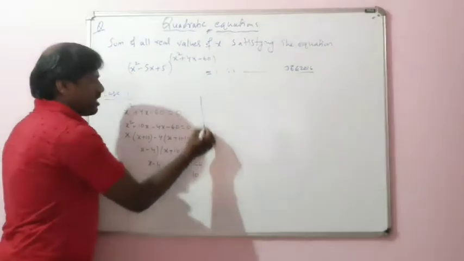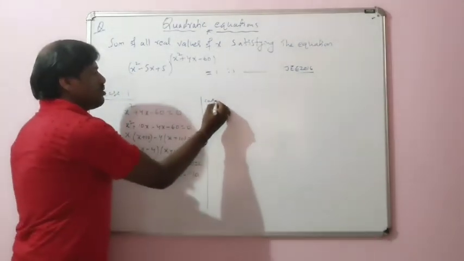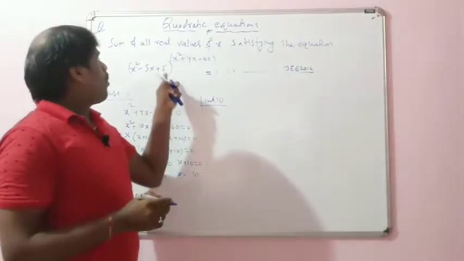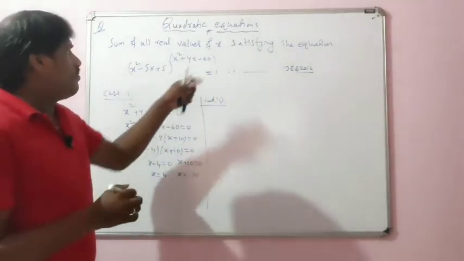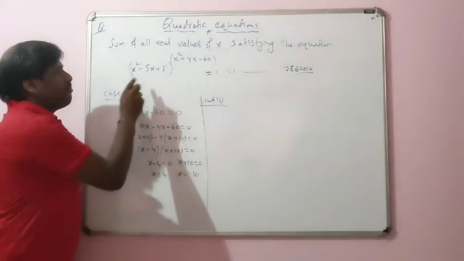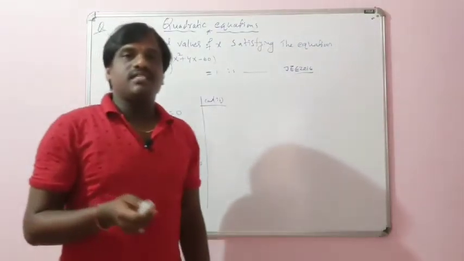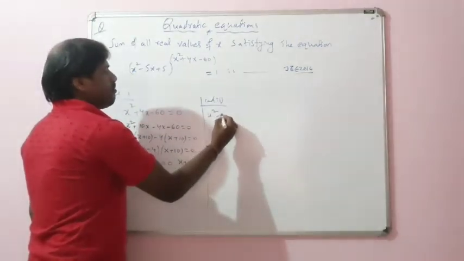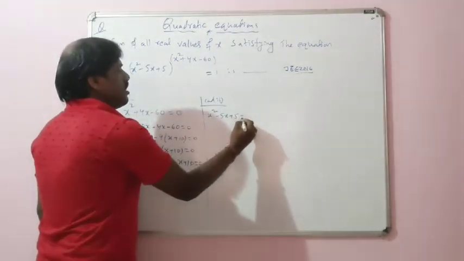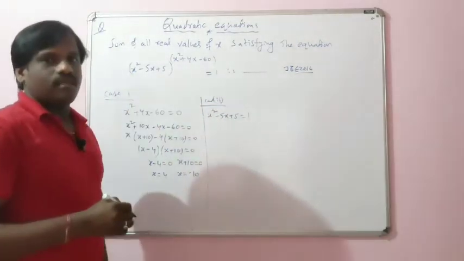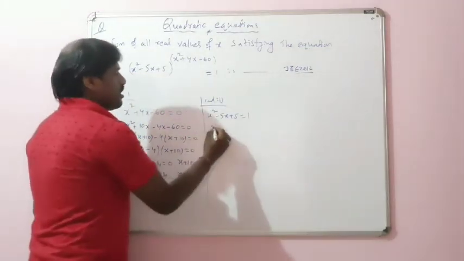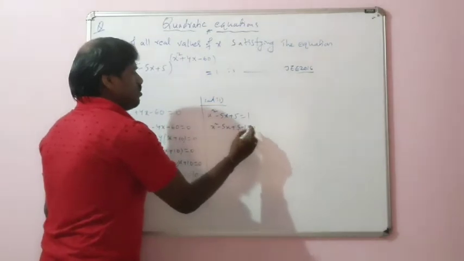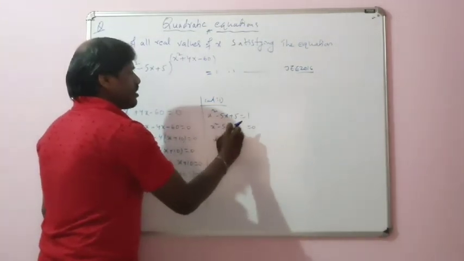Now let us go for case number 2. What does case number 2 say here? I have to think, for what value of the base will the expression give you 1. If the base is 1, then any power is how much? 1, right? So I can take the base as 1. So x square minus 5x plus 5, I can take this as 1, right? So I get x square minus 5x plus 5 minus 1 is equal to 0, that is, I can take 4, correct?